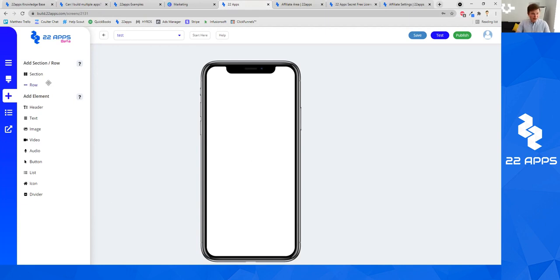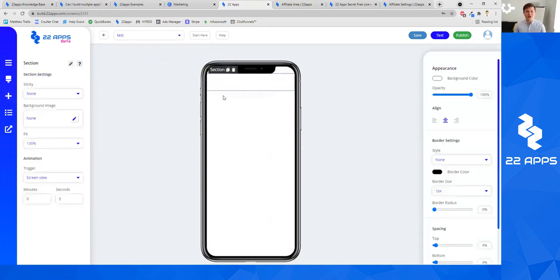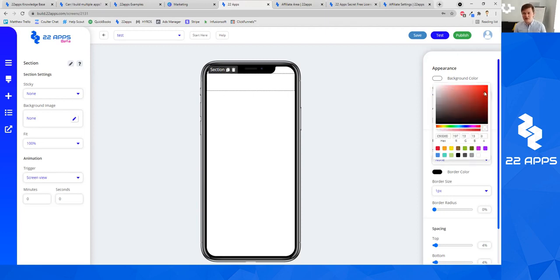So how 22 apps works is based on sections, rows, and elements. If you go ahead and drop in a section, it will let you, just like you may be familiar with if you've ever used ClickFunnels or GrooveFunnels or Lead Pages or Divi or any sort of online web page builder, this will feel very familiar. You've got your sections, which we will color code,